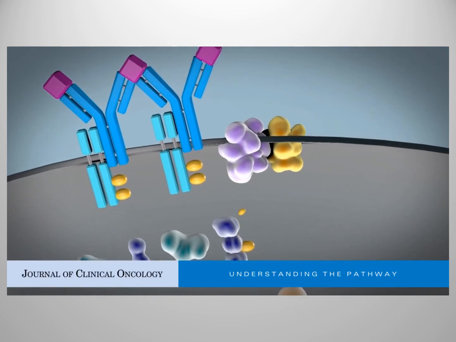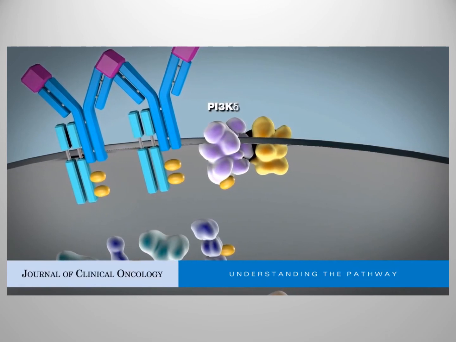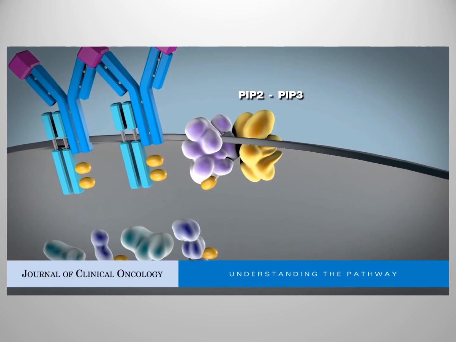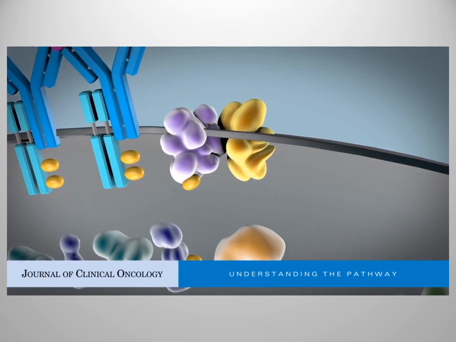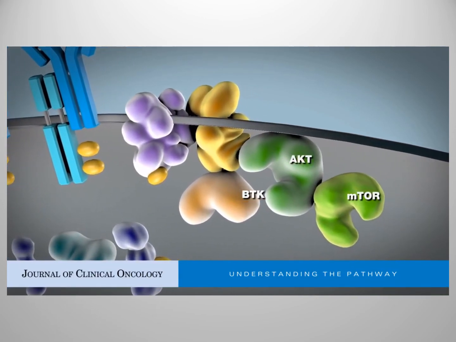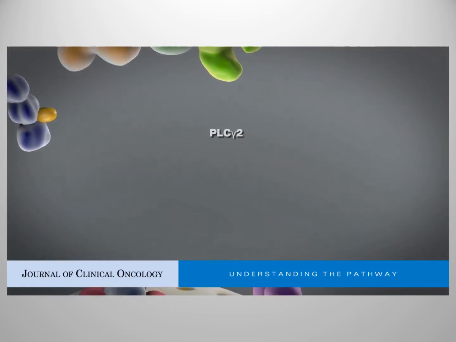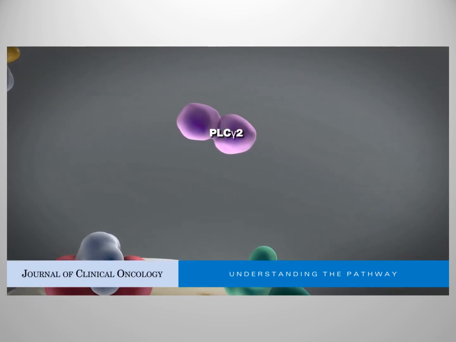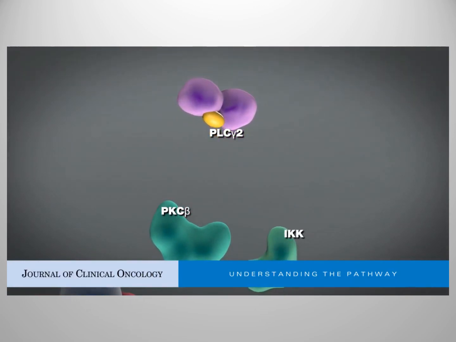SYK subsequently phosphorylates and thereby activates the lipid kinase PI3K, which in turn converts PIP2 to PIP3. PIP3 serves as a docking site for the cytoplasmic kinases Bruton's tyrosine kinase BTK and AKT. AKT activates the mTOR pathways, while BTK activates phospholipase C-gamma-2, which in turn generates a set of second messengers to